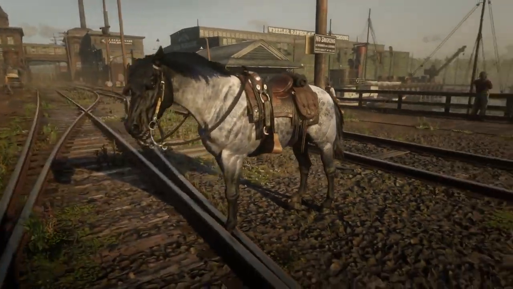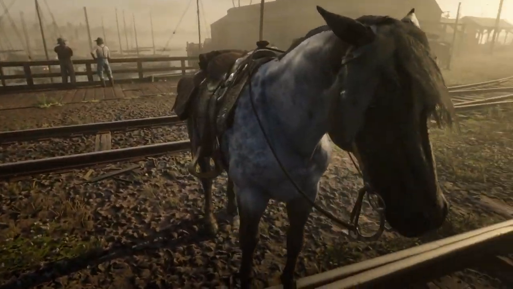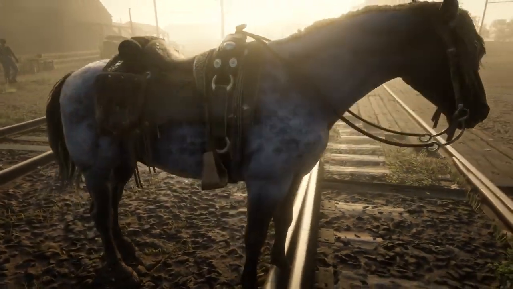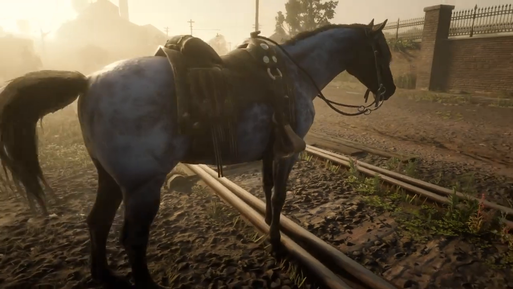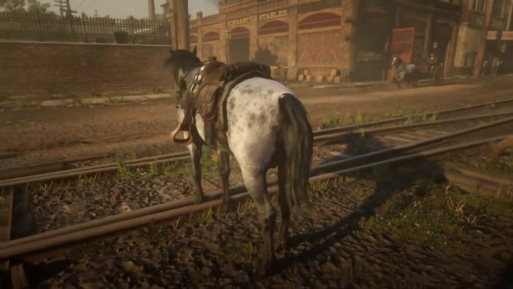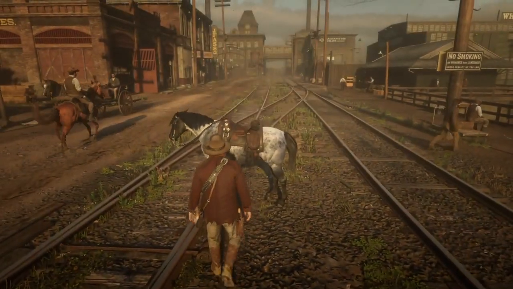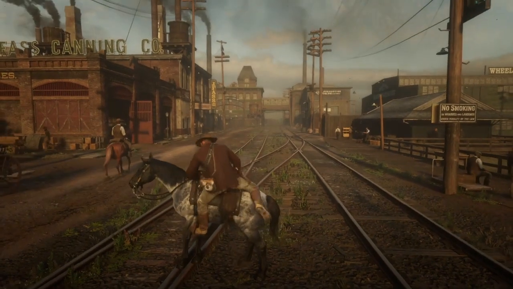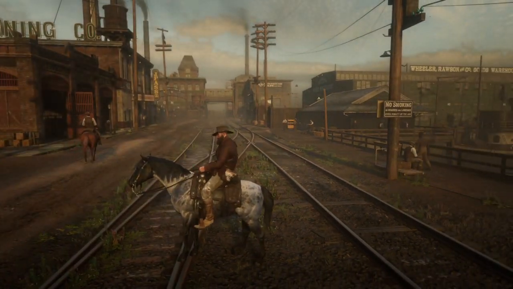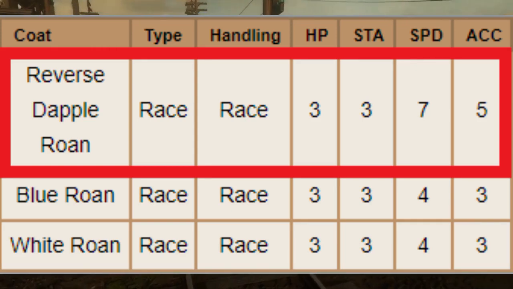The first coat we're going to take a look at is the Reserve Dapple Rowan. This is actually one of the fastest coats in the game, so that's pretty cool overall. To be honest, I definitely think this is one of the better looking coats of the breed. I like the white Rowan a little more than this one, but overall a really good looking coat. The stats are 3 health, 3 stamina, 7 speed and 5 acceleration,